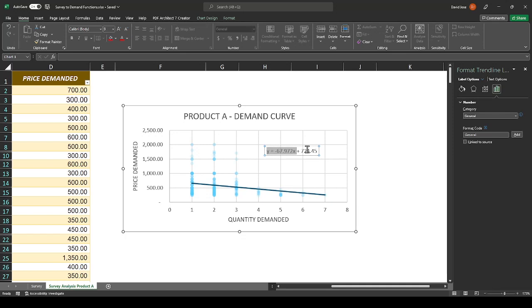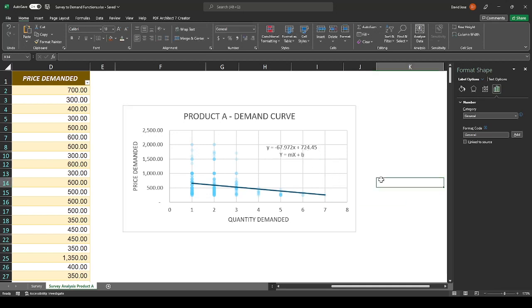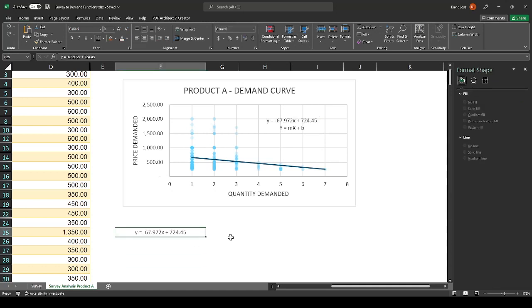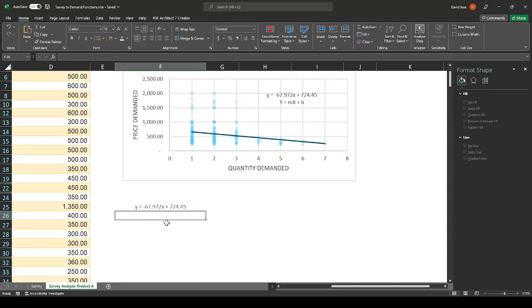This is the regression line. It is in the format of y equals mx plus b. If we're going to transpose this y equals mx plus b into a demand function,